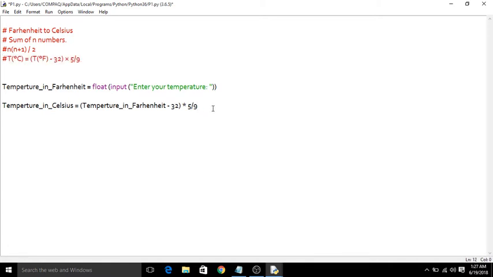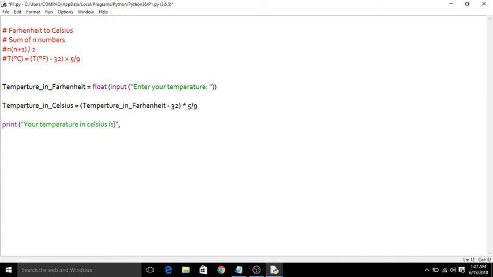After that, you can just print this statement, and give some good representation as well, like your temperature in Celsius is,